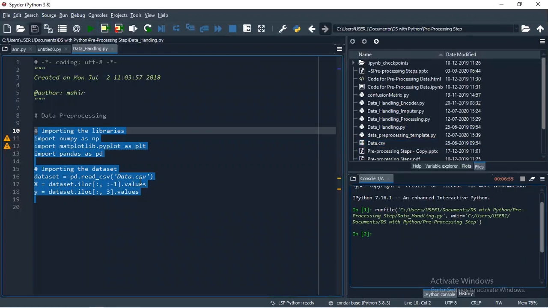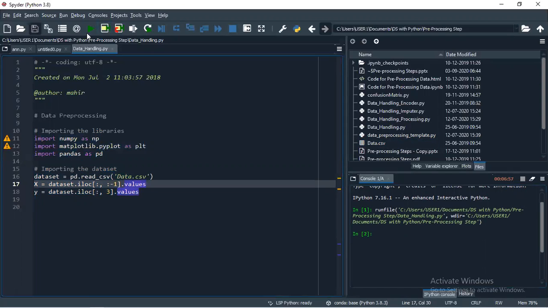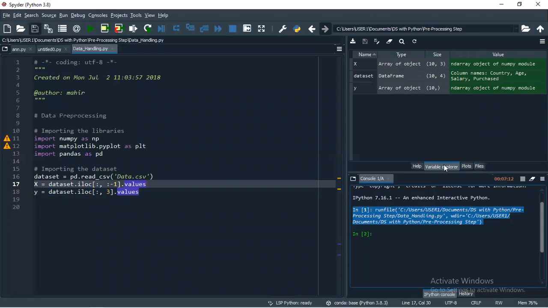No questions, right? So now I executed this. F9 is the shortcut key for execution. When I'm running this, you will get the output here. We are not using any print statement here, so we didn't get the output. After your execution, if you go to the variable explorer, you can see all the variables which are there.